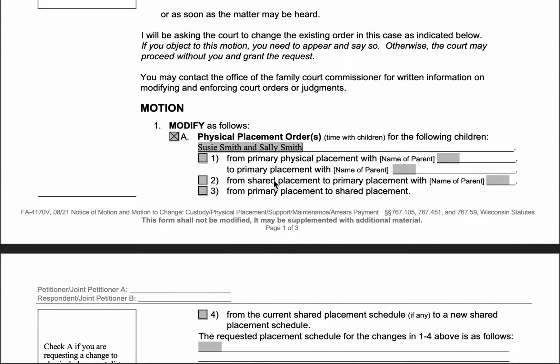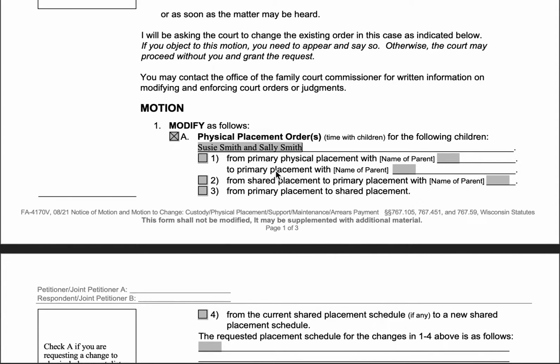All right, perfect. And then for most people, you're going to fall into one of these first four boxes. So I'm just going to go over each one briefly, and then I'll kind of show you how to fill each one out. So you'll notice that all of these say from one sort of schedule to a new one. So from, it's talking about what your current placement schedule is in your court order. So some people may not be following the ordered placement, but we still, when we're talking about going from what to what, we want to talk about what's in your ordered placement schedule.